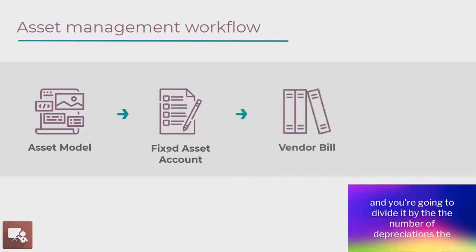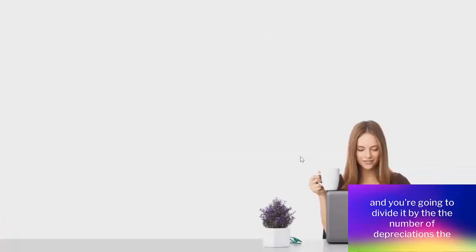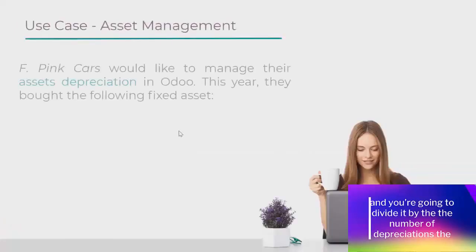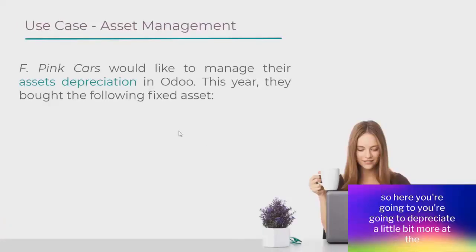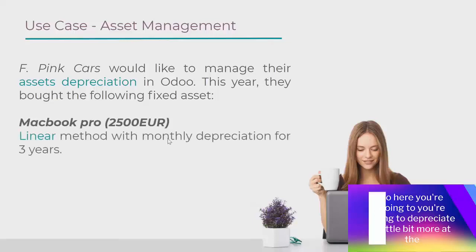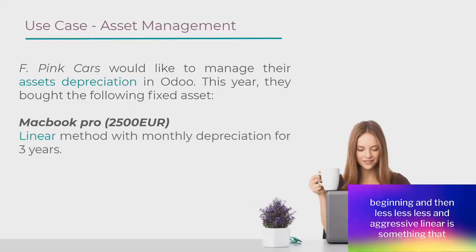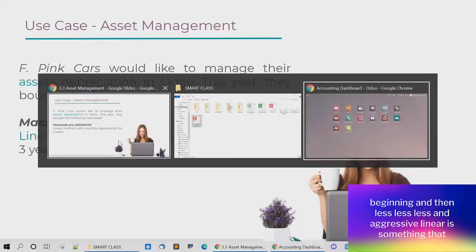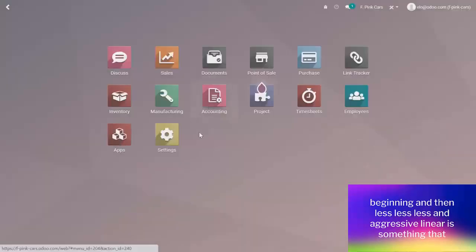What happens basically in Odoo is that first you have to design the asset model, and this asset model needs to be linked to a fixed asset account in your chart of accounts, and there are also some settings on the account itself afterwards. When you create the vendor bill, you're going to assign this fixed asset account instead of an expense account, and when you post this bill, an asset is